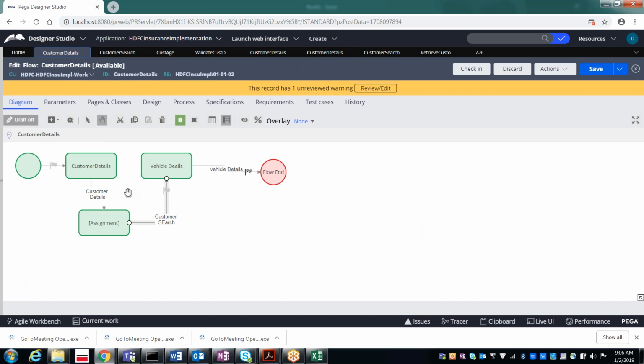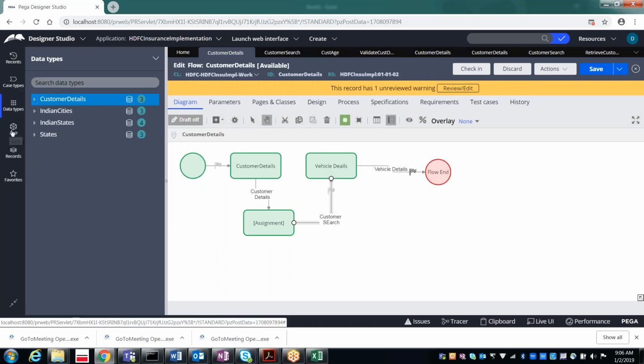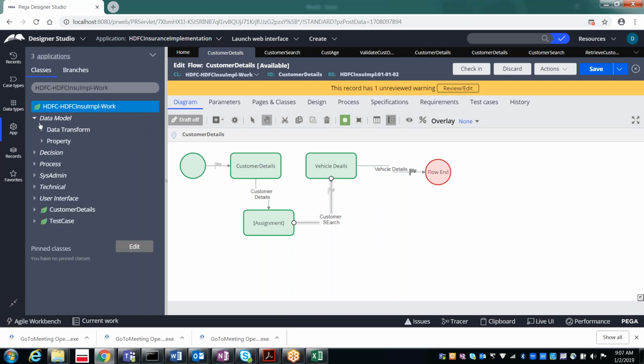Again, to display it in the flow, we need to have one flow action, and under the flow action we need to create the section. Under the section we need to place this. Okay, so let's go one by one on how we can display it. If you want to display to the user, first create a section.